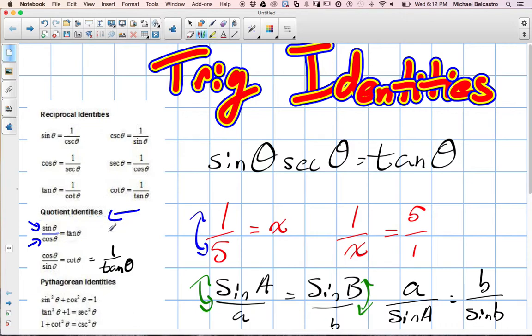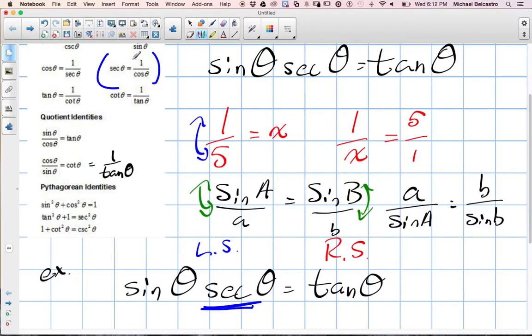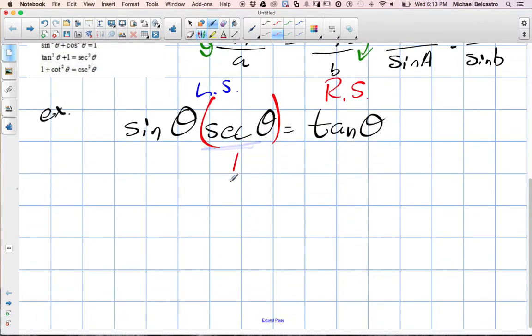I'm going to see if getting to my quotient identity will help me solve. So we kind of almost have to think ahead before we start to work. With that being said, I'm going to replace secant with this part right here, the 1 over cos. Okay, so let's replace secant theta with 1 over cos theta. What we didn't write is what we changed. This is still sine theta. And like I said, we're just going to leave the right side. You can write the equal sign in again, but the whole focus is trying to get the left side to